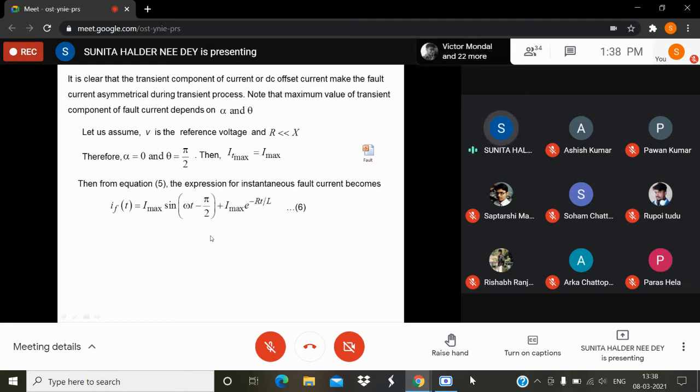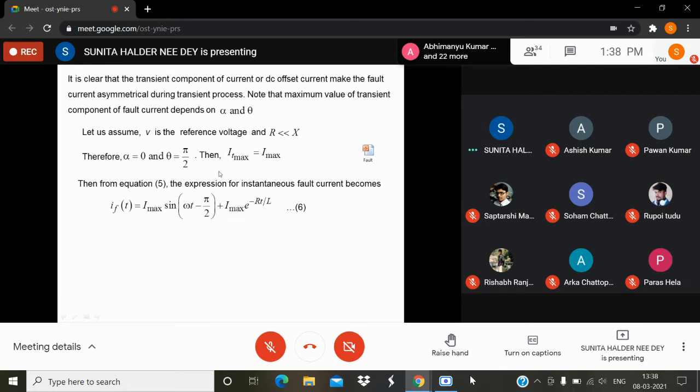Actually, always in AC quantities we calculate with respect to some other quantity. There will be some reference phasor when you are talking about lag and lead. So here, the voltage at the point you are considering, or the generator you are considering, is the reference when you are calculating.